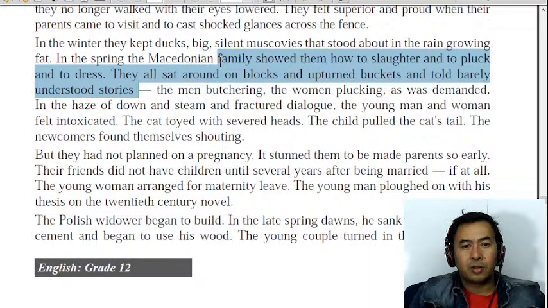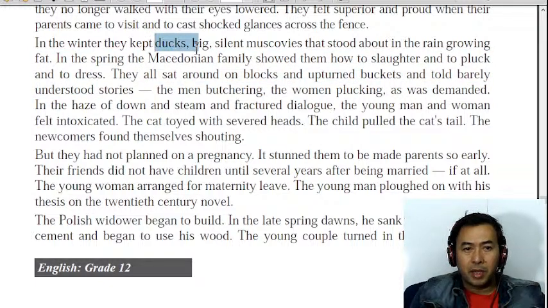So these people started talking, also showing their gestures by bringing ducks and big silent Muscovies. And in spring, they also showed some activities like slaughtering, plucking and dressing. They sat around on the blocks and upturned buckets and told stories that people could hardly understand. The men butchering, the women plucking as was demanded, in the haze of down and steam and